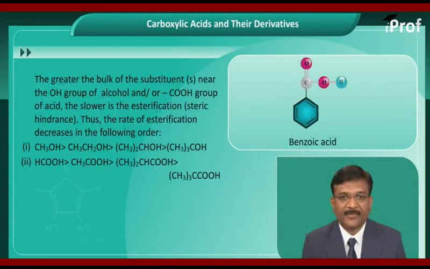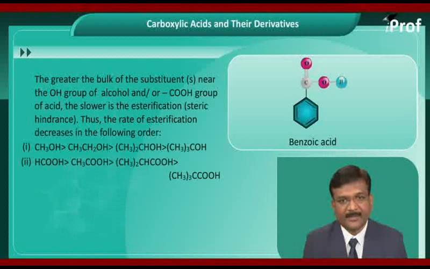The greater the bulk of substituent or substituents near the OH group of alcohol or the COOH group of acid, the slower is the process of esterification. This is called steric hindrance. Therefore, the rate of esterification decreases in the following order: methyl alcohol, then ethyl alcohol, then 2-methyl ethanol, then